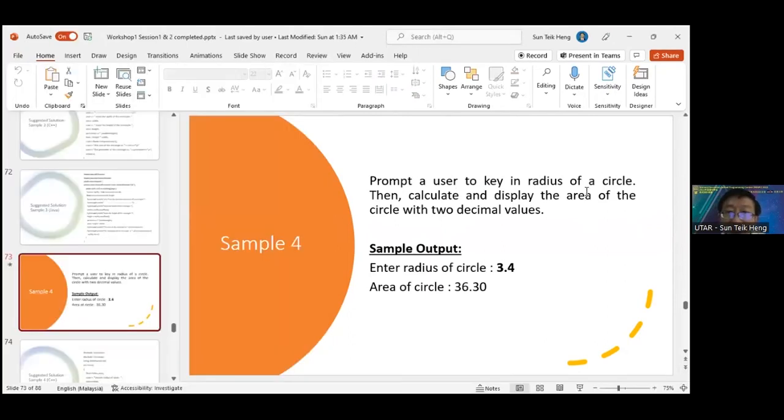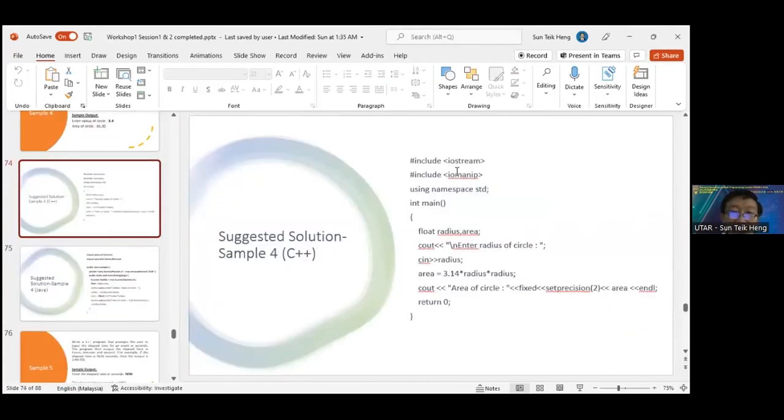Prompt a user to key in the radius of a circle, then calculate and display the area of the circle with 2 decimal places. So you enter the radius 3.4, and it will output for you the area of the circle is 36.30. So once again, we write our program in